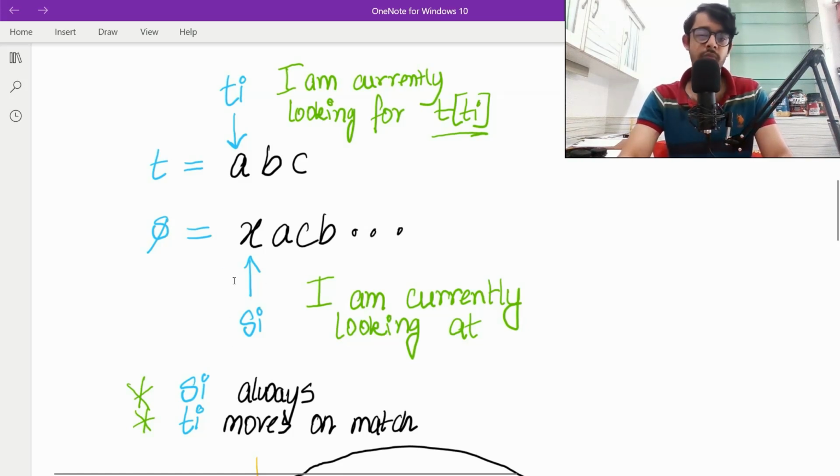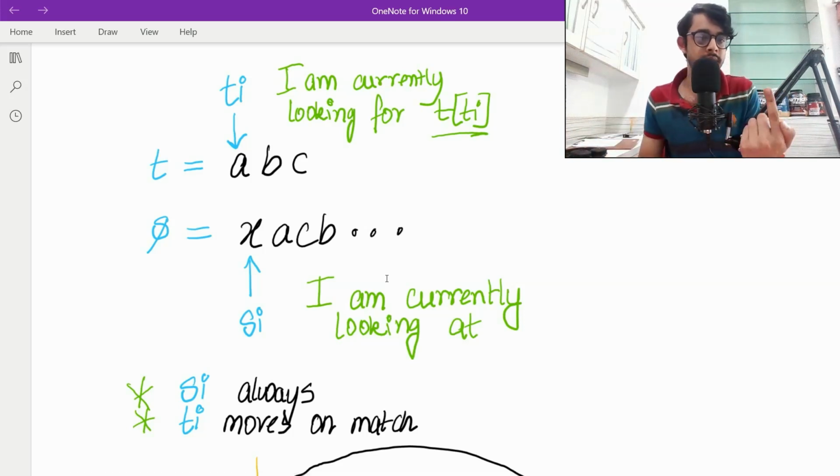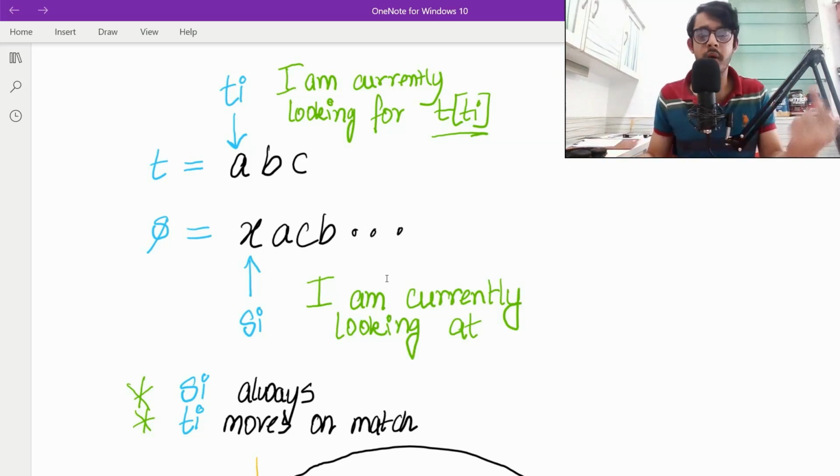So Si will agree to Ti and move forward. In fact, Si will always move forward. Si is the pointer to this S string, and we are scanning the string one by one, character by character, looking for those elements in Ti. So Si always moves by one.